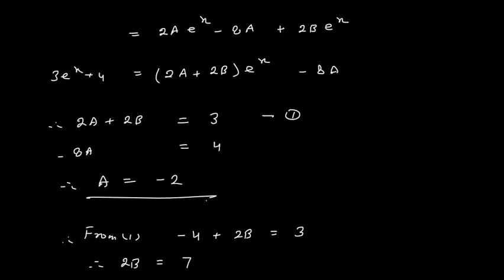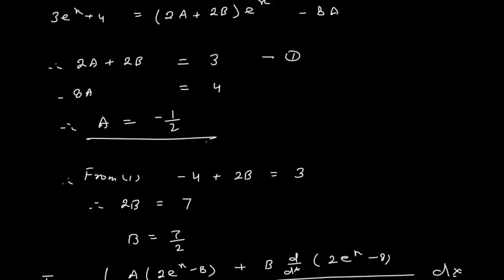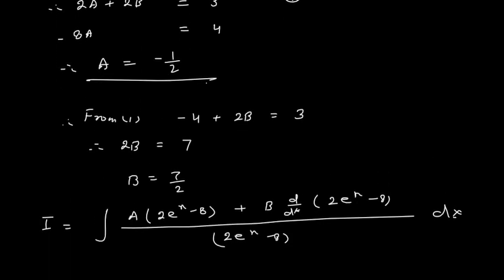Here one mistake I have done while calculating the value of a. Minus 8a is 4. So the value of a is 4 divided by minus 8. So 4 divided by minus 8 is what? It is minus 1 upon 2. So here the 2 which I have written, it should be minus 1 divided by 2. Okay, so value of a minus 1 divided by 2 into 2, it will become minus 1.